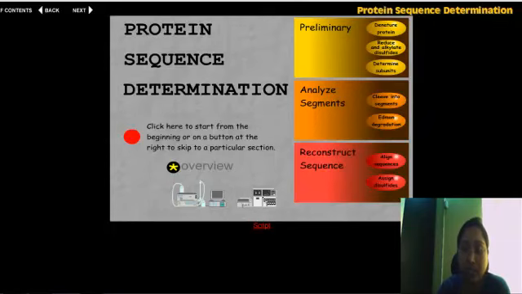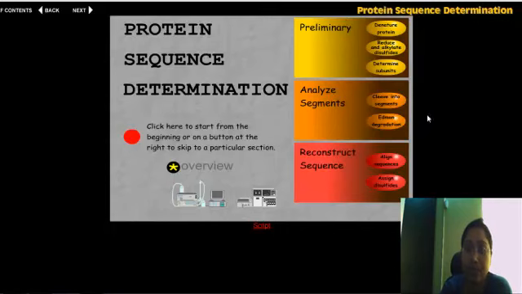Now initially I'll tell you, whenever we get a protein of interest, the first and foremost thing is to denature the protein, so that all other disulfide bonds or other bonds whichever are there, which are responsible for the formation of tertiary structure or secondary or quaternary structure, should be removed. So you'll have a protein chain. Okay, it's just a chain, and now in that chain you can find out the sequences. So first and foremost step is your denaturation of protein.